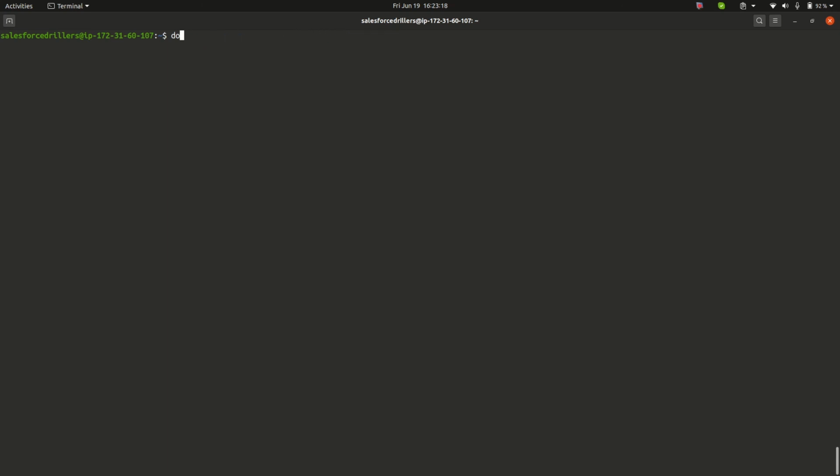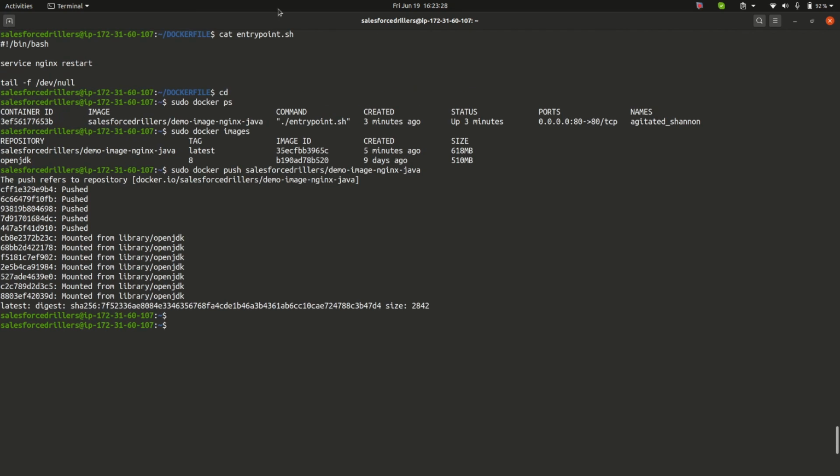So that is how we can create an image with the help of a Dockerfile, and we can push it to our Docker Hub. But remember, while naming your custom Docker image, it should start with your username first, then a slash, then the image name, as we did here in this video. So let me just recall this session again. So what is a Dockerfile? A Dockerfile is a text document that contains the steps on the basis of which our custom image will be created.